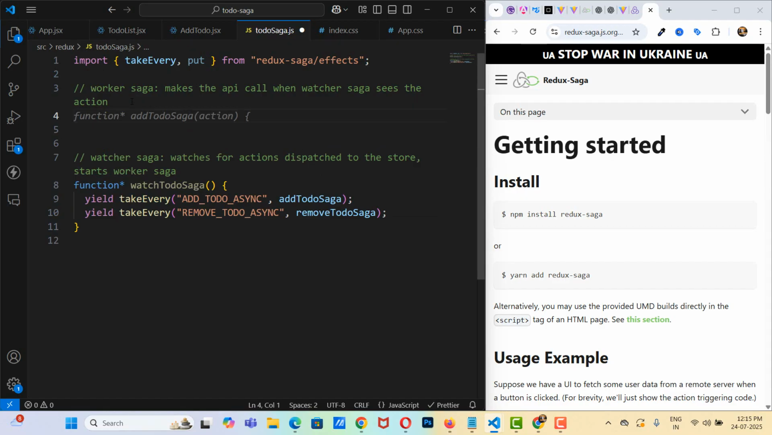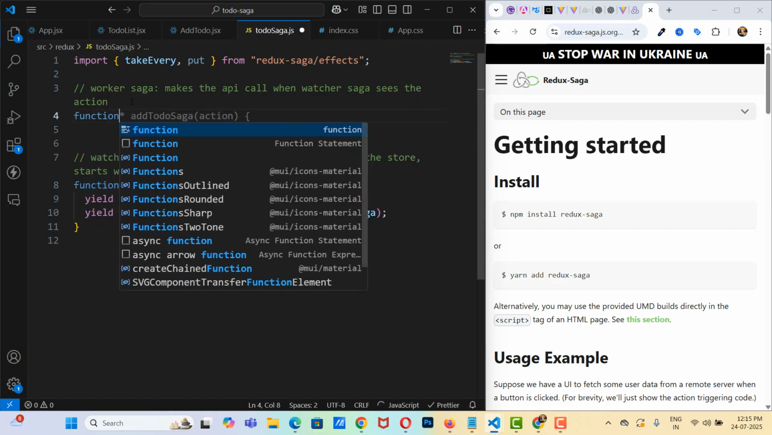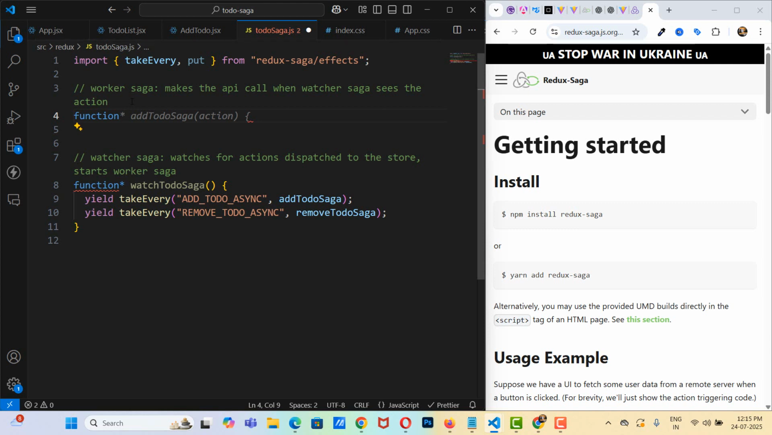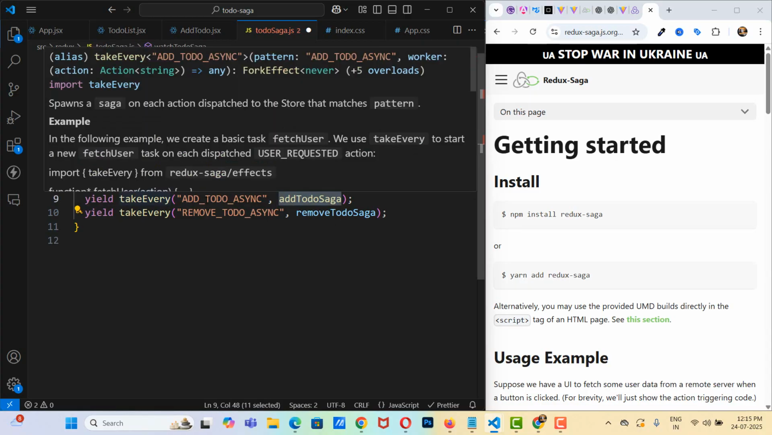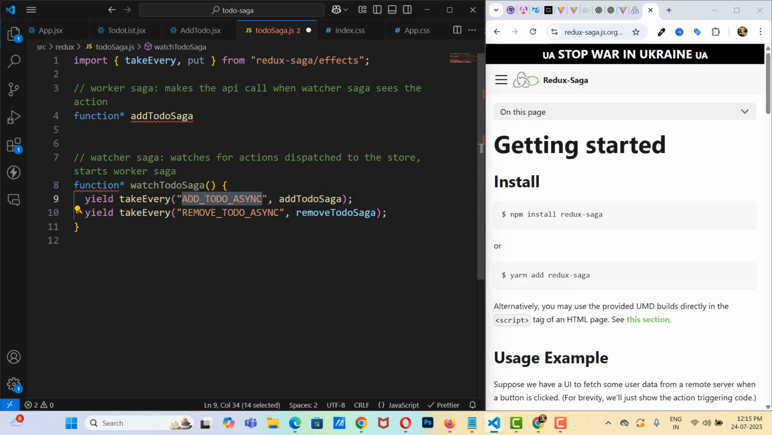So here I'm going to say this is also a generator function. So function, then an asterisk, then here I'm going to say add to do Saga. This is the name of the function which we have given. So this is a watcher function. It watches which action has been dispatched. This we will use in the UI. Then it will give the command to this worker function: you need to work on this. That way